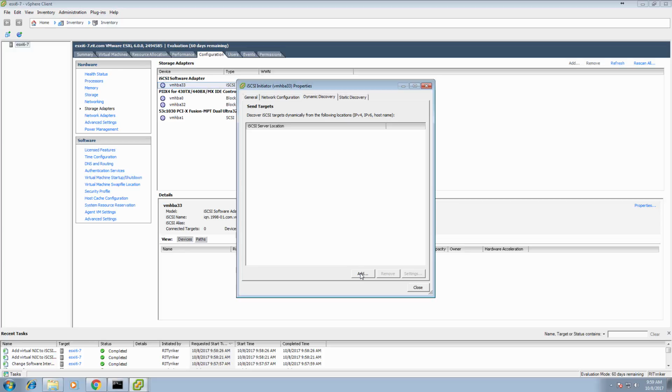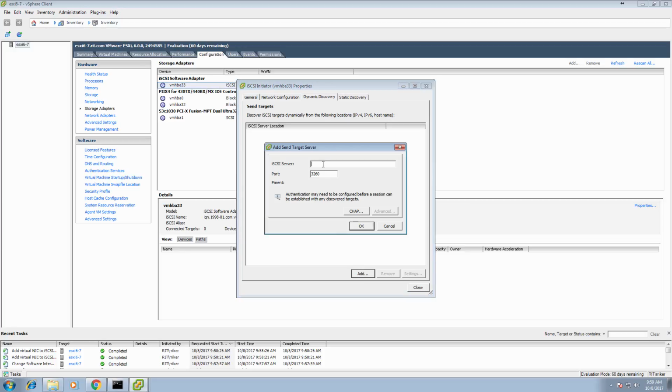Okay, so I'll add this in just for the simple fact. I'm jumping ahead, but I'm going to go a little bit more into the storage aspect of things. Actually, I probably will just combine the storage and the networking, because they're kind of dependent on each other. Well, storage can't work until networking works. So I'll type in